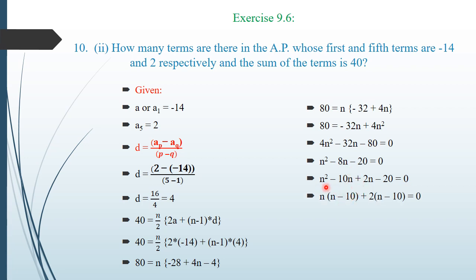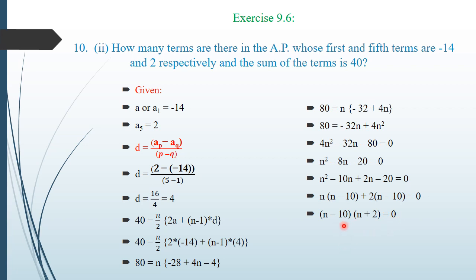Now taking n common from these first two terms, I'll get n minus 10, plus I'll take 2 common from these two terms, that is n minus 10 will be remaining inside, that is equal to 0. Now you can see there are two terms present here. This entire term is one term, plus this entire term is the second term. From these two terms I'll take n minus 10 as common, you can see. So when I take n minus 10 as common, inside the bracket I'll have n plus 2,